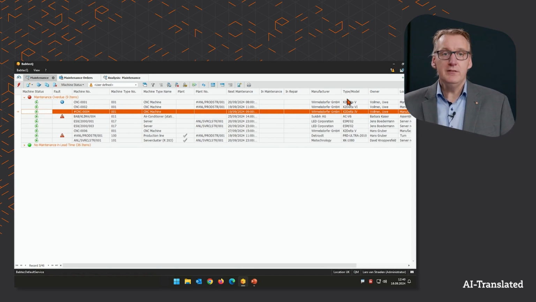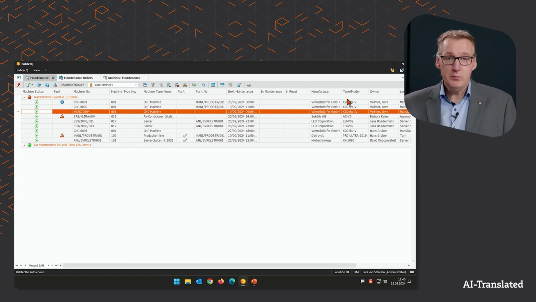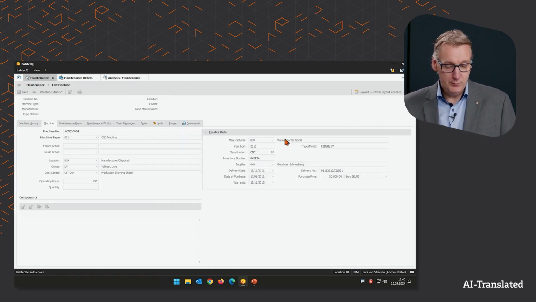You can filter this list so that you say, I only want the resources or machines. We will now always refer to them as machines in the future. You can filter this list, you can search, you can sort, all the things you know from classic lists that can be managed within IT systems. Let's take a closer look at one of the machines and switch to the actual editing mode of this machine.